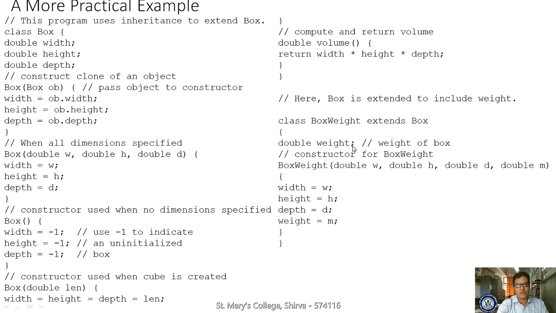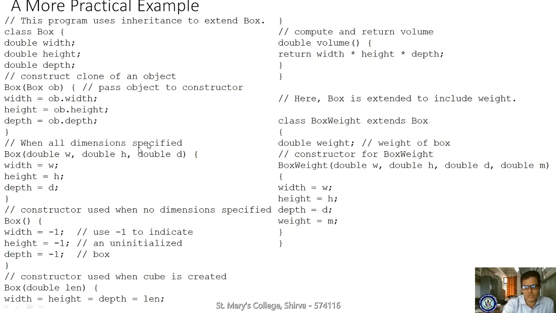Okay, here also I'm mentioning one more variable related to the weight, double weight, and I'm constructing the constructor. Here the constructor is there. Whenever this class is inheriting, in that constructor you are supposed to supply these parameters. So here double w, double h, double d is for the base class constructor because it is inheriting. Through this you are initializing these parameters.